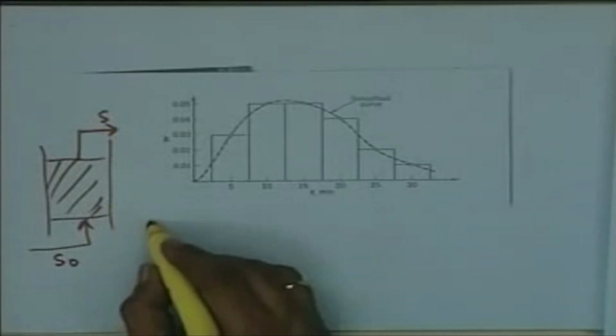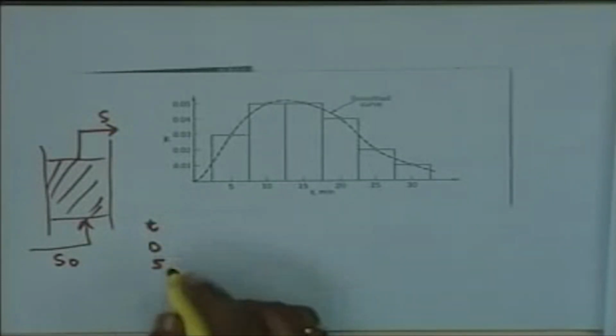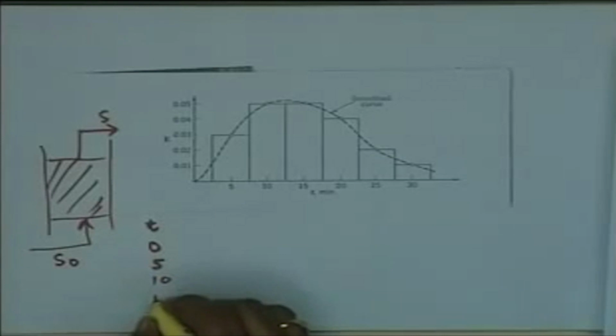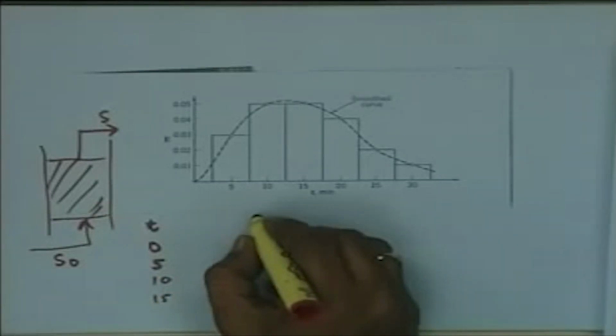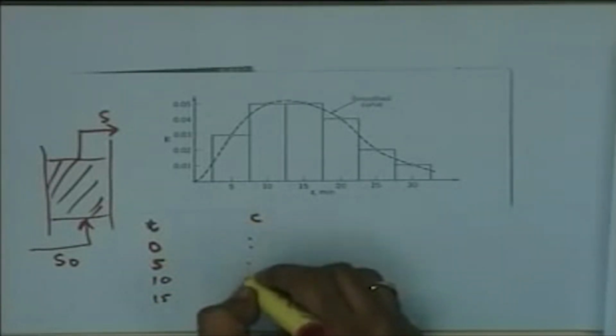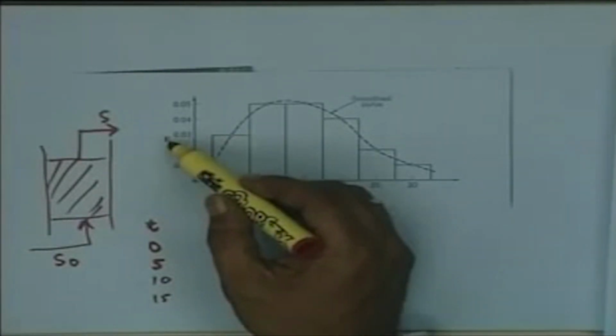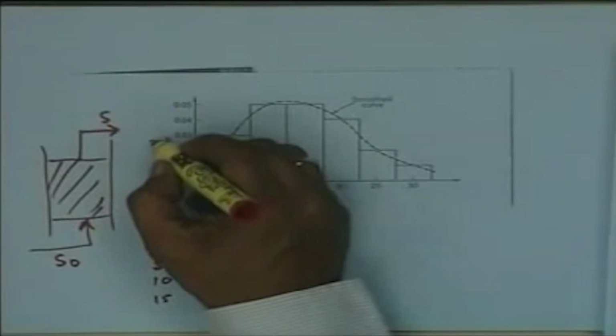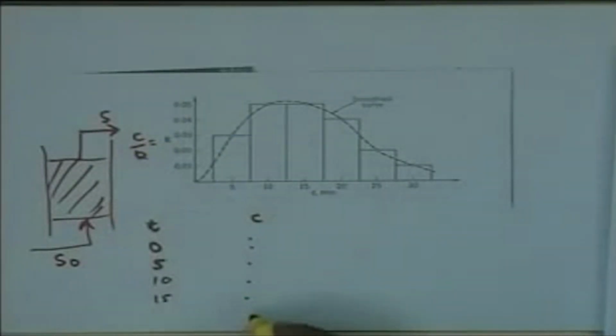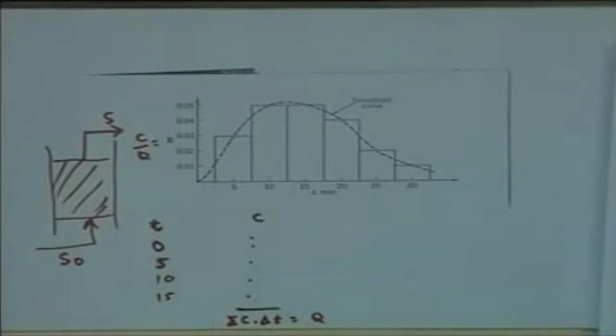Now, at time t equal to 0, 5, at equidistant time, if you determine the concentration of the tracer, whatever values come at equidistant time, and if they are plotted in terms of C upon Q, that means you consider the sigma C delta t as equal to Q. Now, essentially here is also a check